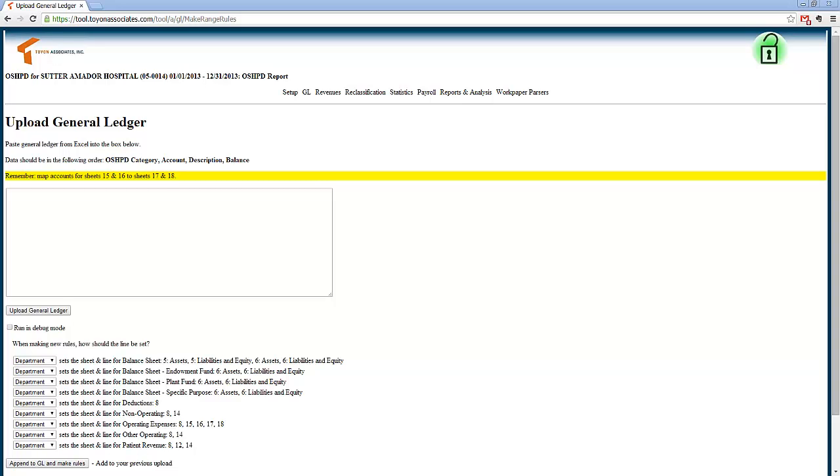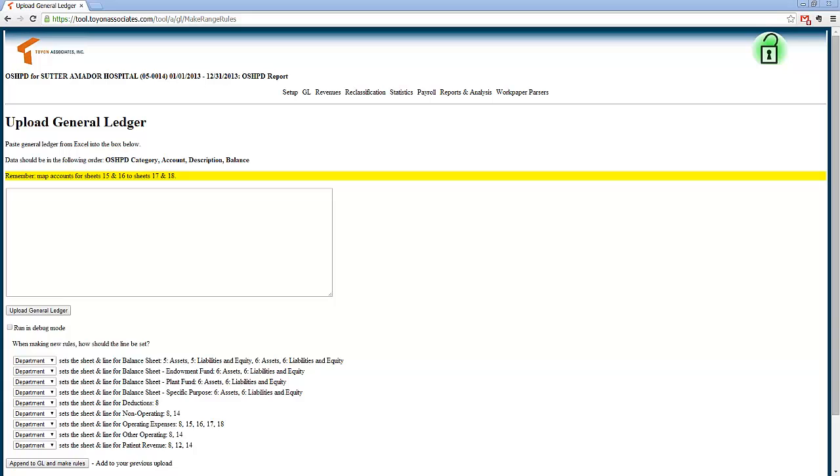In this video, we will cover the Upload General Ledger page and how to upload a raw GL without any account mappings. Within the same page, you have the ability to upload a raw GL. You can append to an existing GL. You can upload a mapped GL and have the tools create your range rules for you. And you can also export any existing GL within the dataset. But again, we will just cover how to upload a raw GL first and cover those other features in subsequent